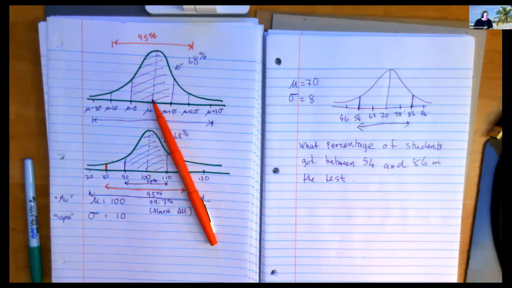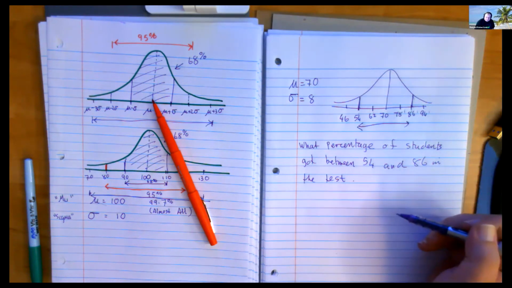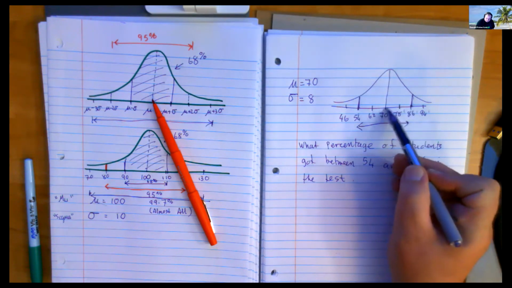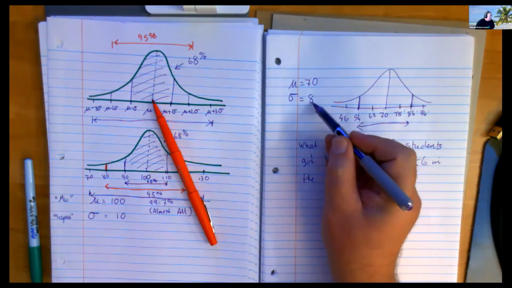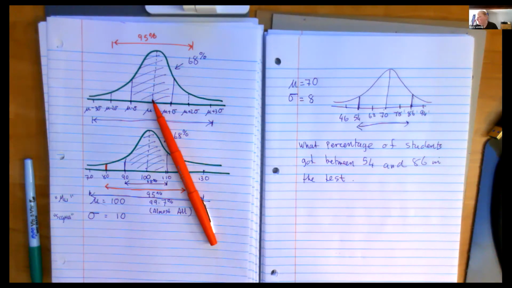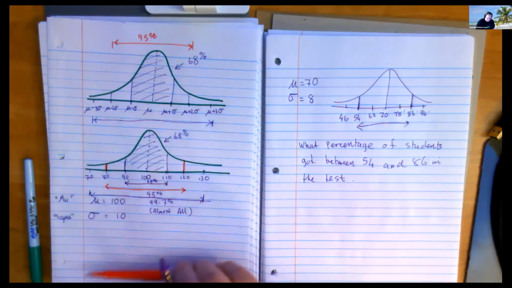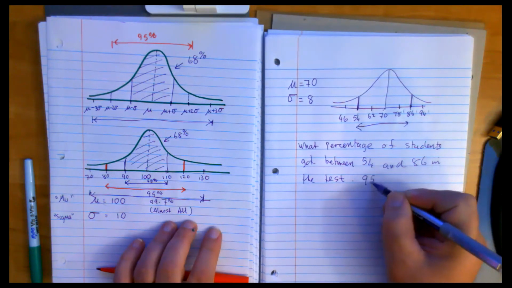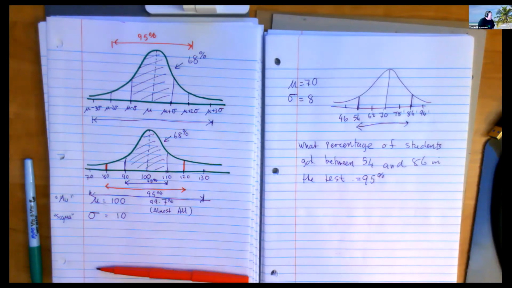Is it 1 standard deviation away from the mean, or is it 2 standard deviations away from the mean? There's the mean. Is that 2 or is that 1 standard deviation? 2. What percentage of the data is 2 standard deviations away from the mean? 95%. So the answer to that question would be 95% of the people in his class would get a score of